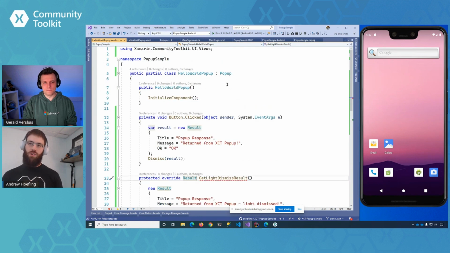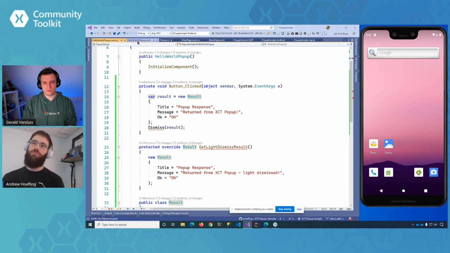And so now that we're using generics, our pop-up can take a generic. So let's go and update that. So first thing we're going to do is in our code behind here, we're going to say hello world dot result. And so that's good for the C#. We still have compile errors because we've got to update the XAML.